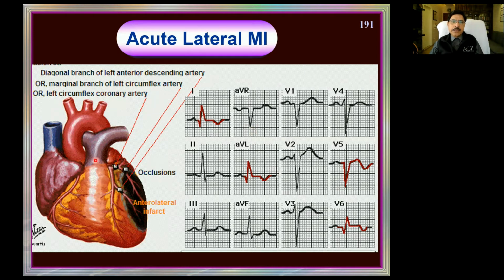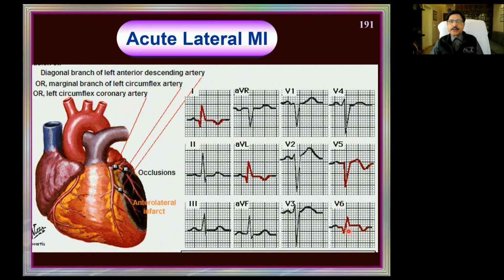So this is the anterior surface, and this is the LAD here, and this is the lateral surface. Could be due to occlusion of LCX or one of the diagonal branches of the LAD, mostly due to LCX, lateral wall infarct. Lateral wall infarct should reflect changes in the lateral leads. We already know that the lateral leads are L1, AVL, V5 and V6. These are the lateral leads. We are able to see little ST elevation and T inversion. Here definite ST elevation and T inversion.